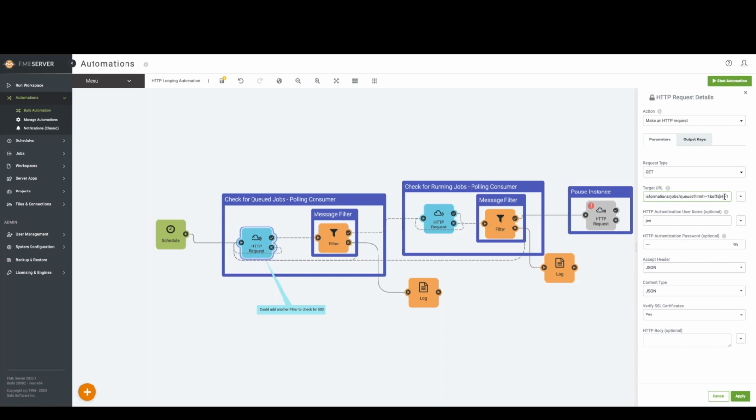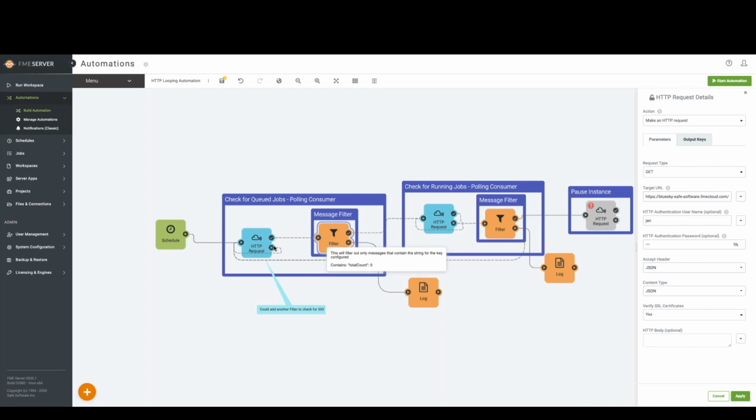So with FME Server, how it works is when you're running workspaces, these workspaces get run on engines. So if you only have 3 engines, you can only process 3 workspaces at a time. So if you submit more workspaces to get processed, they will end up in a queue. And then as soon as an engine becomes available, it will start processing the next workspace that's in the queue. So here we're checking to see whether workspaces or jobs are in the queue. And then if they are,